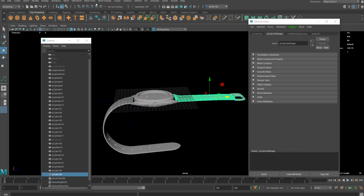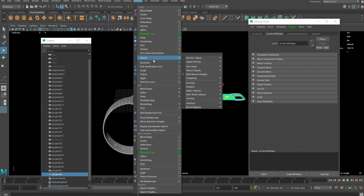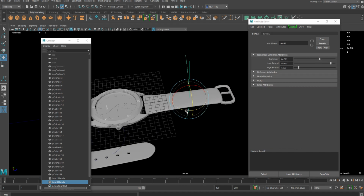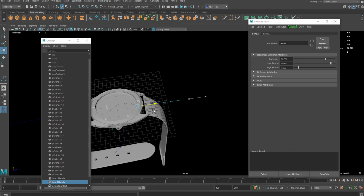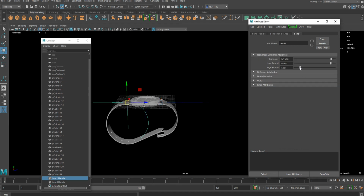I'm just going to do the same thing to this part. Let's go to deform and go to non-linear and bend. Again, get the right direction. Something like that. Adjust the high bound. Something like that. And yeah, got to make sure that those parts, it's a bit tricky, so